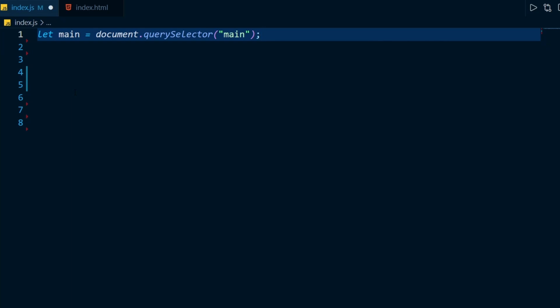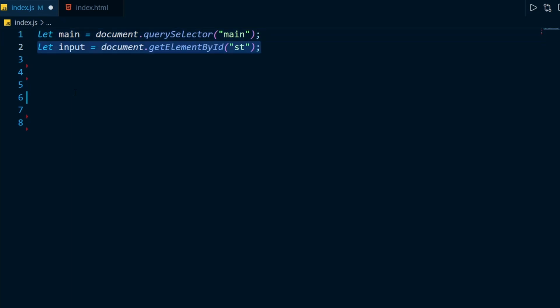Now there are different methods as well. We can use document dot get elements by tag name, and there are different methods, and I will come back to those later. But first let's have a look at how I did what I was doing, adding h1 tags and removing them. So this first line just gets us a reference to the main element or the main HTML tag inside of our document, inside of our markup HTML document.